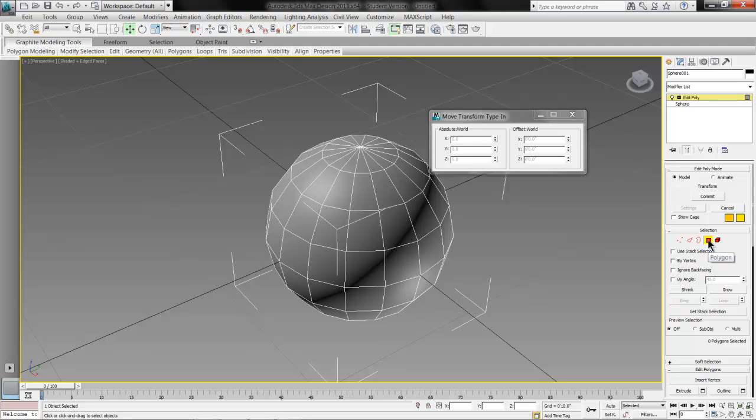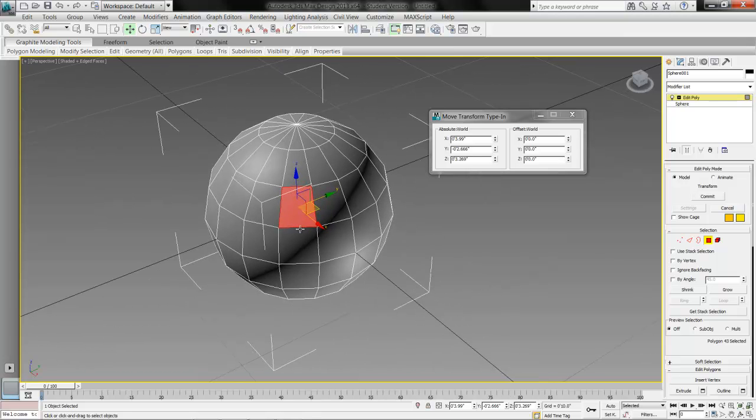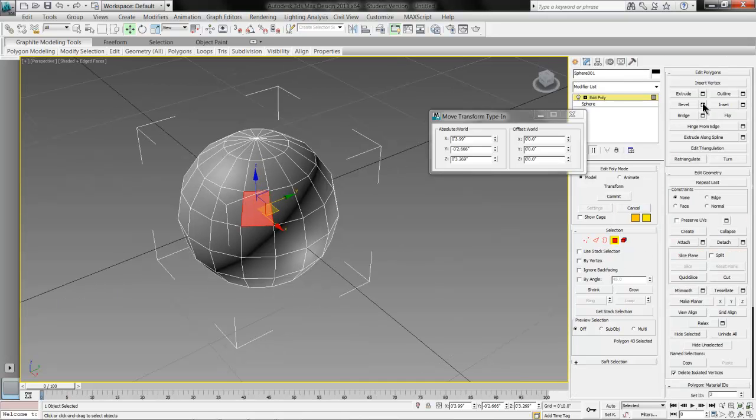So those are the sub-object selection methods you would use the most. It's the first two, which are vertices and edges, and then the fourth one, which is polygon. The other thing you can do, instead of just moving these polygons around or other sub-objects, is if we select one of the polygons, or two or more of them, you have additional tools